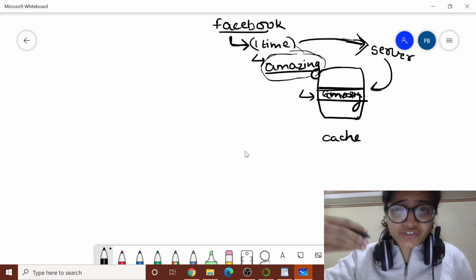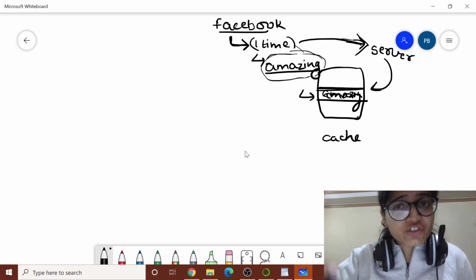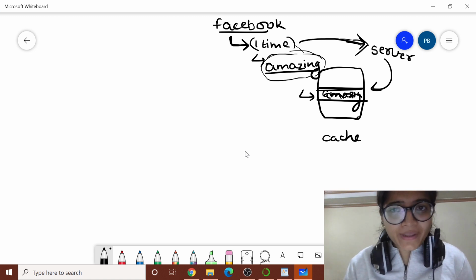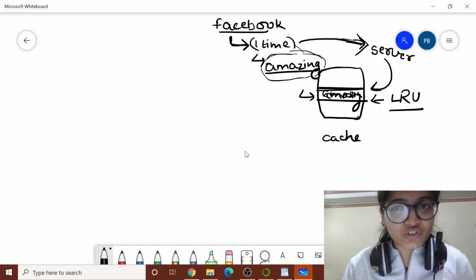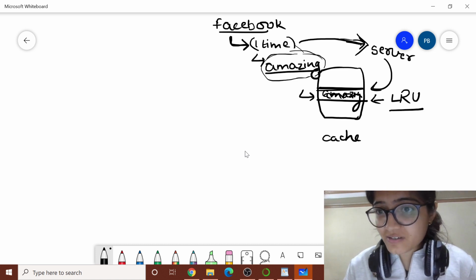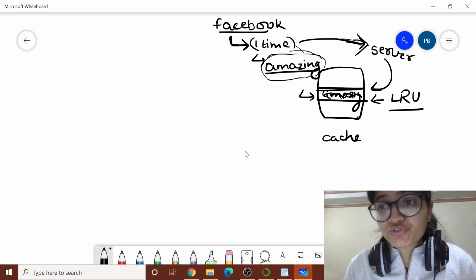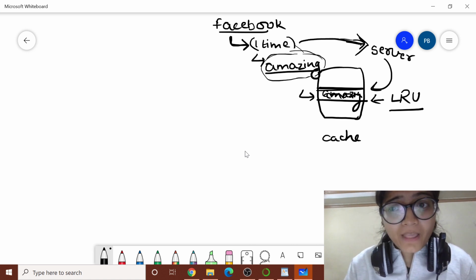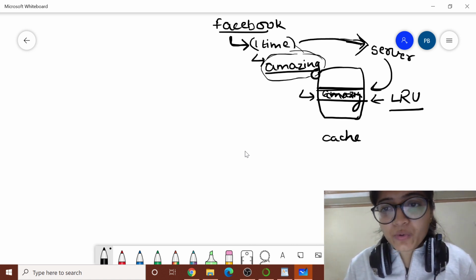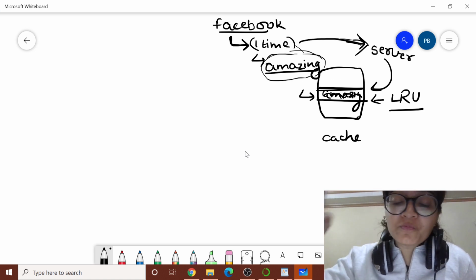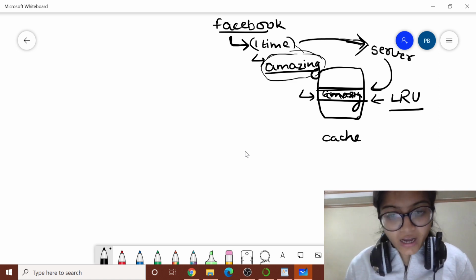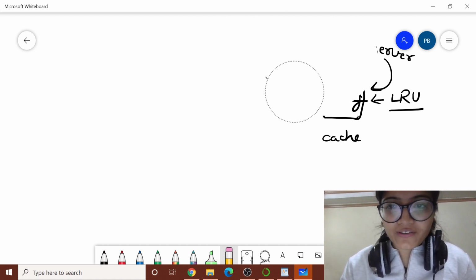Either you need to search that particular word again and again so that it is fetched from the cache, because in a cache the least recently used technique is used. I hope everyone knows the operating system part. This is the most common thing that happens. So now, how does Facebook know whether the word being searched is present in the cache or not? That's where the Bloom filter comes into the picture. How? Let me now tell you the concept of Bloom filter.